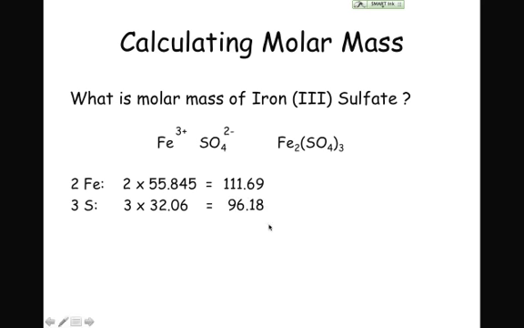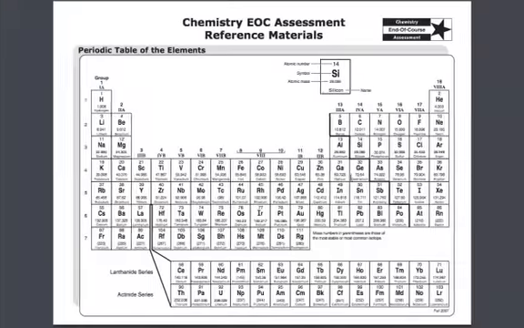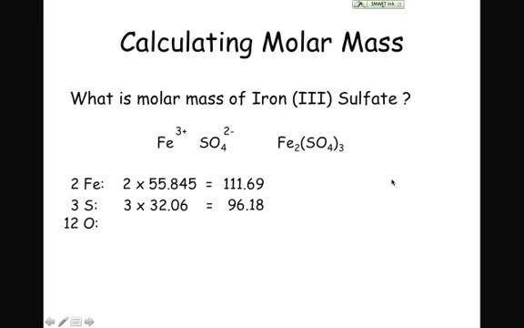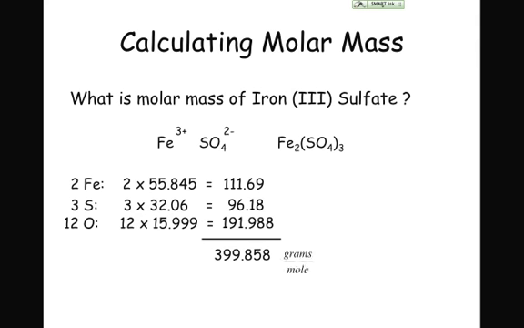And then we're going to look at our oxygens. Again, this 3 gets distributed to what's inside the parentheses here. So we have 3 times 4, or 12 oxygens. Go to our periodic table and look up oxygen. We have a mass here of 15.999. We have 12 of them. So 12 times 15.999 equals 191.988. You're going to add up those. We get a total mass of 399.858 grams per mole. Once again, my preference would be that you would write this as